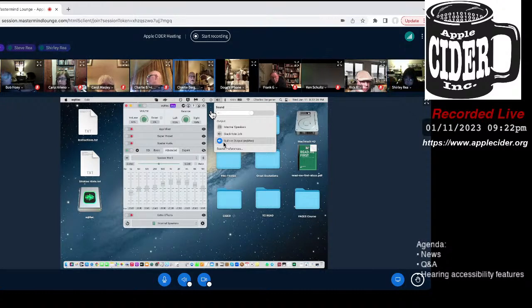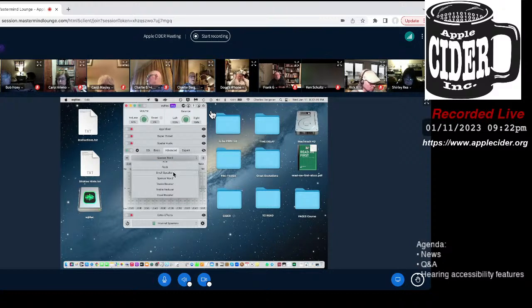Well, what I would like to try to do, if I can, is set this to treble booster. And I'm going to screw around with it and actually move these things up higher.